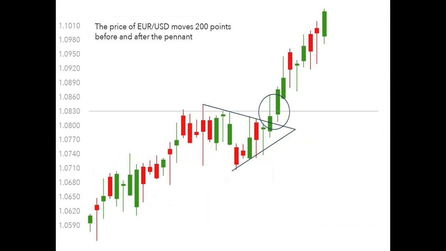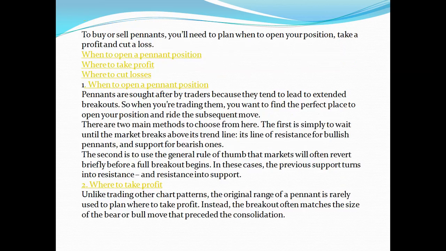So you see here, this is the resistance line. You see this pennant is formed, and here it has broken the resistance line. So you can put a stop loss at this point. Once the pennant is formed and it has broken, you have to wait for the second candle. Once it breaks, you can go ahead. So on this candle you have to take a trade, and the stop loss you can put here. So this is what I told you, friends.